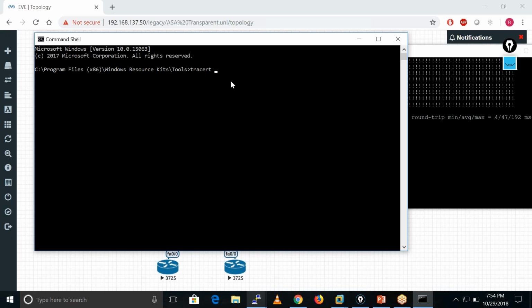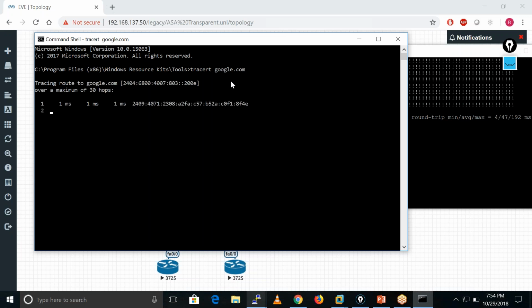So let me trace google.com. When we are going to trace any particular destination, at that time we get the hop by hop information.